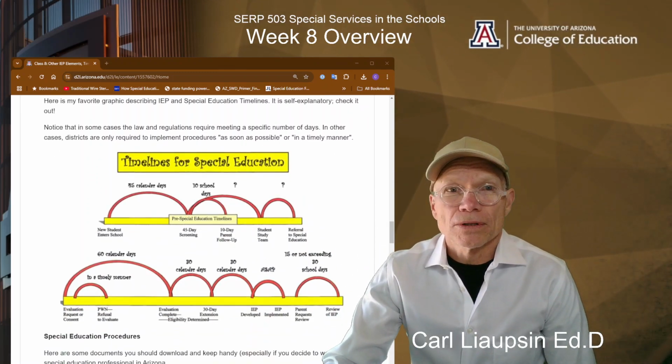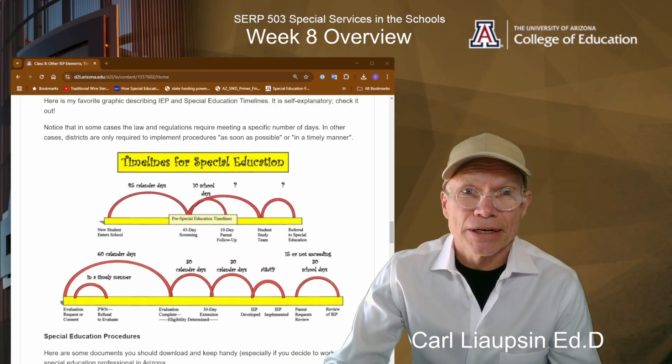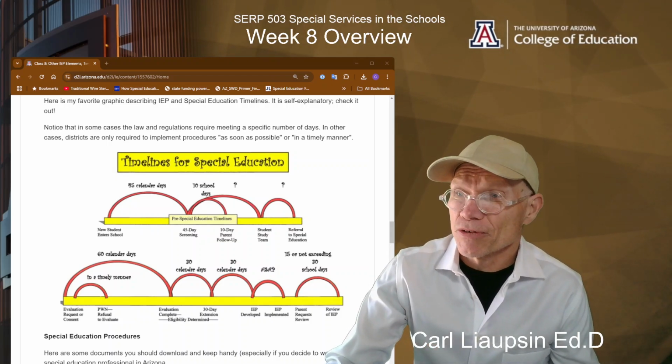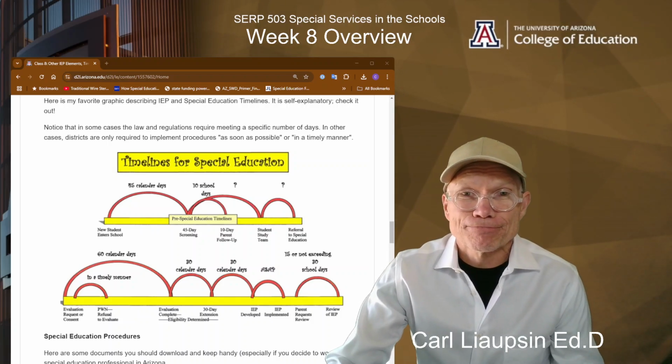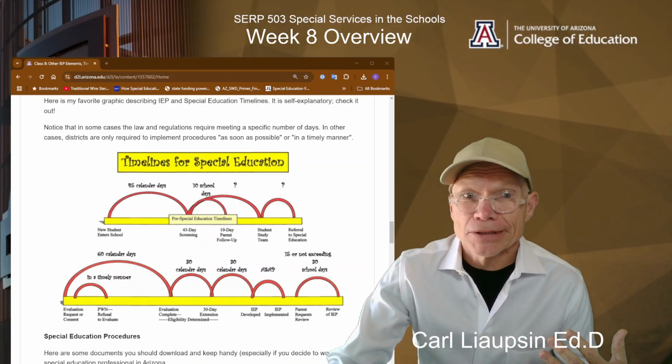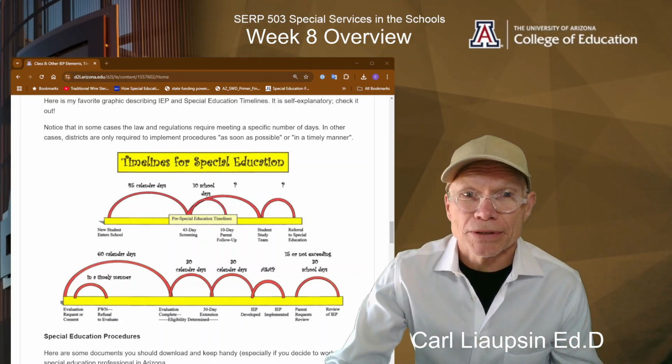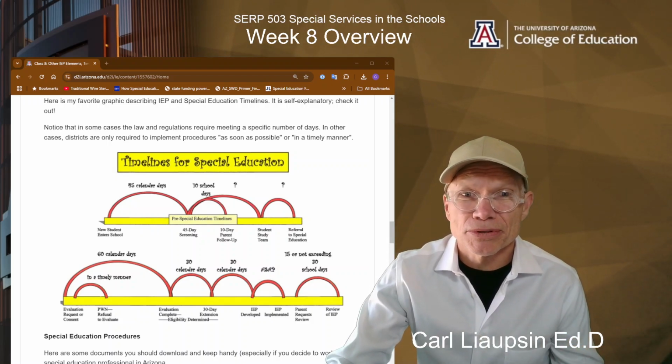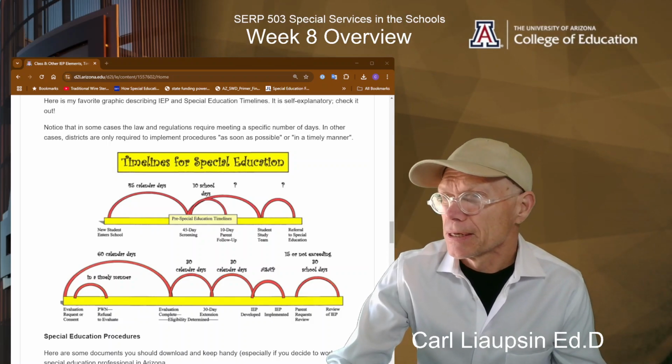So first of all, this isn't necessarily an Arizona document. This is kind of my favorite demonstration of a timeline for special education. It's kind of simpler to understand than many others.